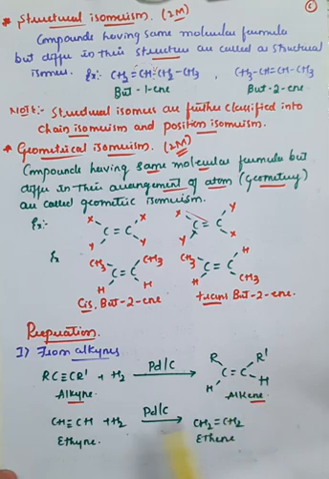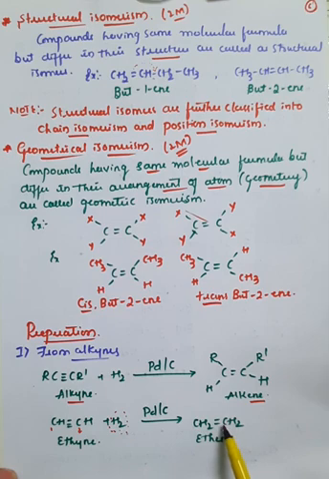If you take the example, that is ethyne is converted into ethene. In case of ethyne, the carbon is triple bonded with another carbon atom. So in the presence of hydrogen, what happens? In the presence of hydrogen and a catalyst like palladium or carbon, this triple bond breaks, and there is a formation of a double bond, and one hydrogen will attach to the first carbon atom and another hydrogen attached to the second carbon atom. Therefore the structure becomes carbon double bonded with carbon, that is CH2=CH2, right? So here the ethyne is converted into ethene, right?